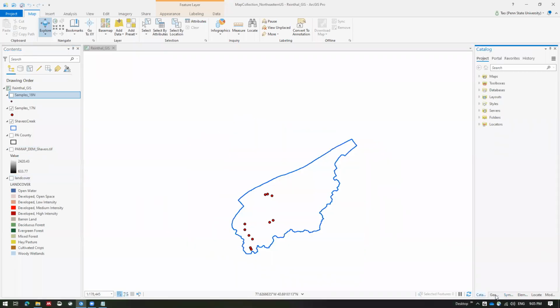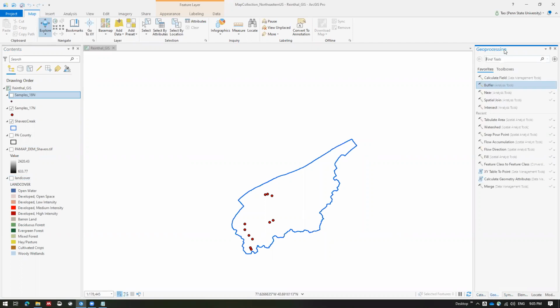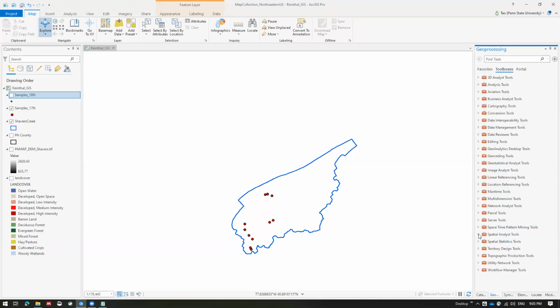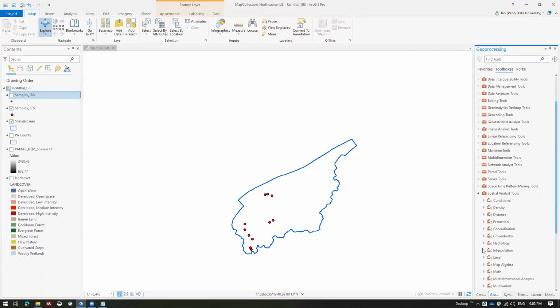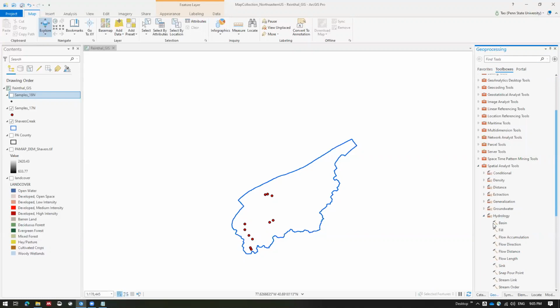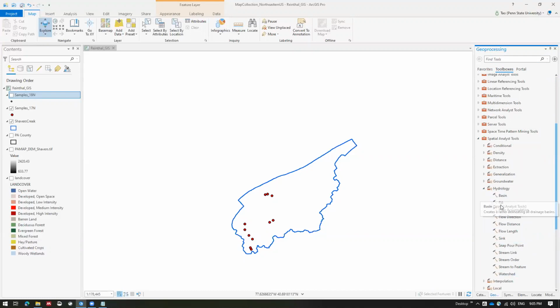Okay, let's get started. In my ArcGIS Pro, my geoprocessing toolbox panel is on the right-hand side. Yours may be in a different spot, but you should have the same panel. In the geoprocessing, we need to click the toolboxes and then go to the spatial analyst tools. Then under the hydrology, you'll see a bunch of functions we will use in the following maybe 10 to 20 minutes. So first,